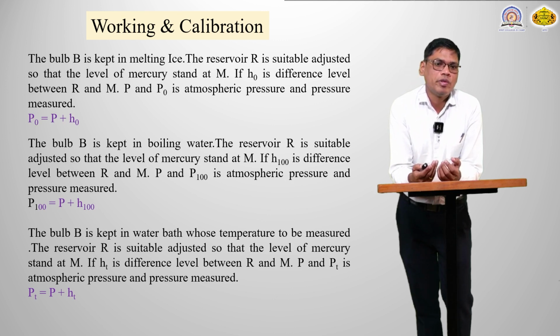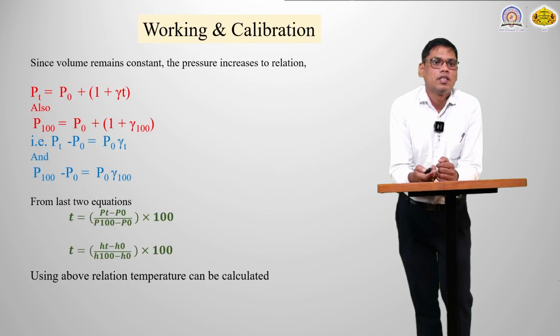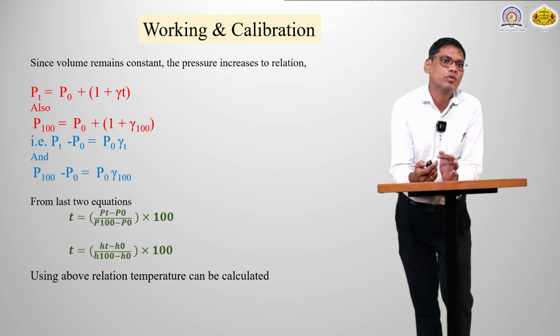whatever temperature we want to measure, we put that bulb in that temperature. Let us say that is temperature T. So again the equation will be Pt is equal to P plus Ht, and solving this equation and putting the expansion coefficient, we will get this formula, and from the last two equations,